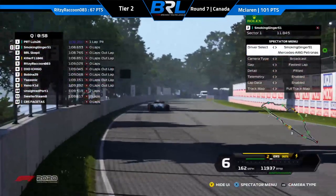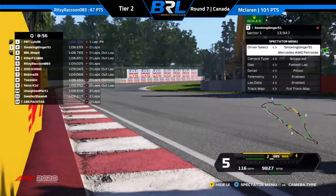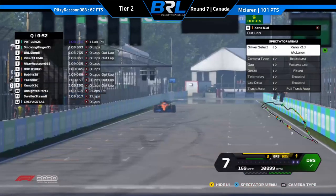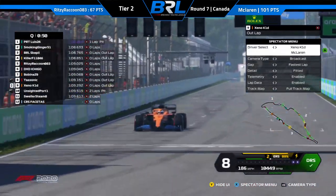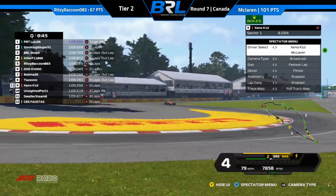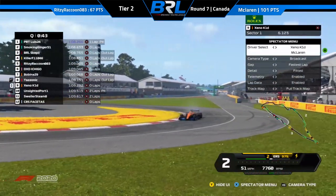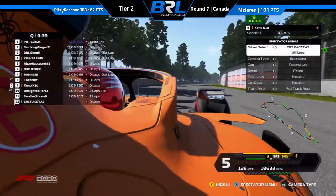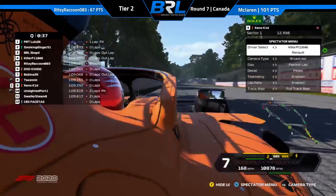The Racing Point of DXT Ishigo will start his flying lap going through 13 and 14. That is the McLaren. I'm sorry. I believe it's going to be Zeno Kid. Yes, it is. He's going to start his flying lap as well. Behind him, the Ferrari. That is Tazonic. He's going to start his flying lap going down the final DRS straight. That is going to be the Alfa Romeo. Most likely Skeppy, but